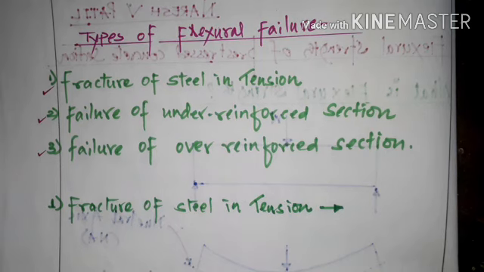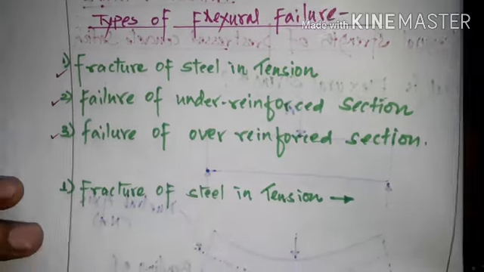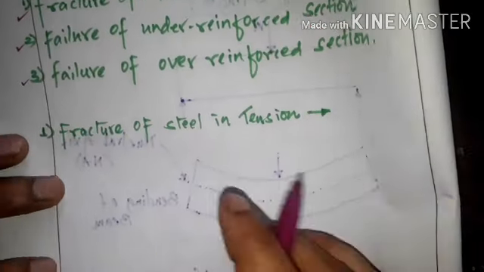Okay. So what will happen? What do you mean by fracture of steel in tension now? So here what will happen? Due to fracture of steel in the tension zone, how will it happen? So generally when a member is subjected to bending,